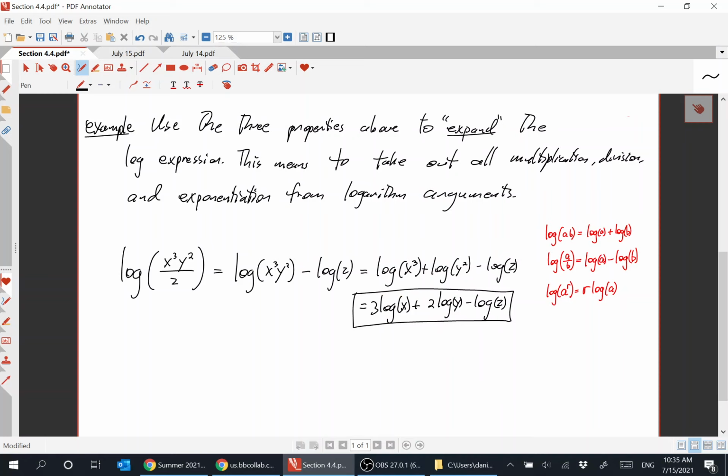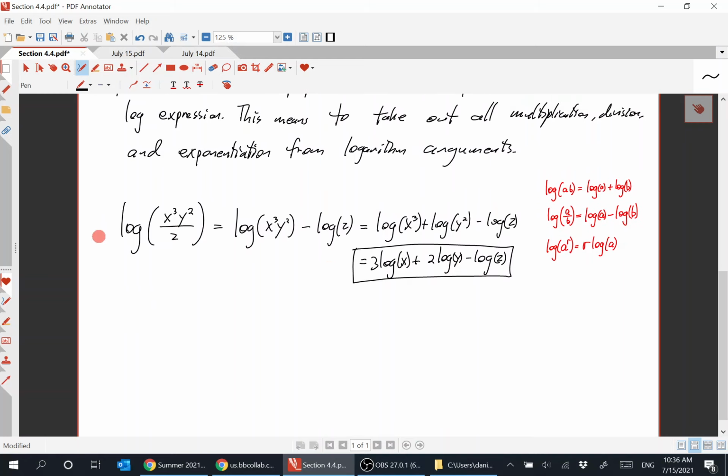Okay, we've expanded this logarithm expression. We've taken out from within the arguments of the logs all of the multiplication, division, and exponentiation. So here you just have x, here you just have y, here you have z. There's no exponentiation, division, or multiplication within those arguments for the log function, whereas here you've got a lot of that. Right? So that's a final answer for this expansion. Similar to this,